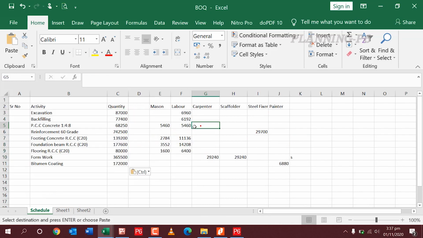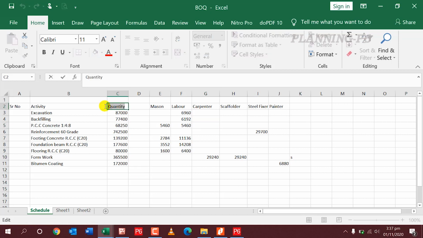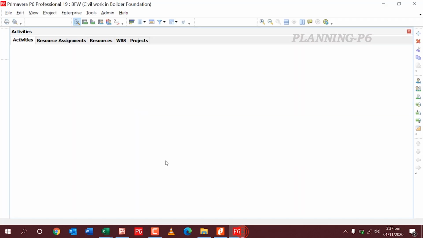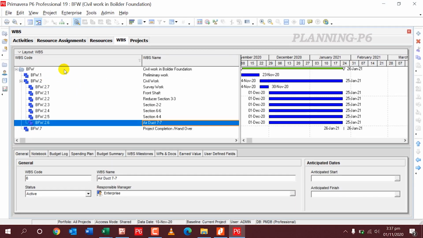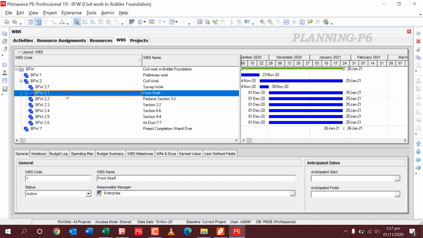This one is amount, and these are the WBS. Front shaft to this one. I will just copy the WBS here.